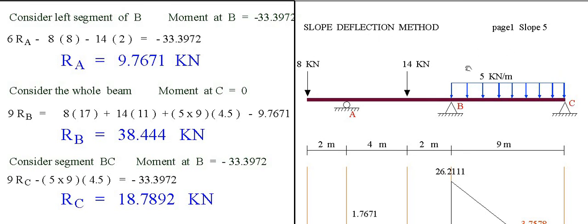So we will solve RB here, moment at C. Then 9RB is equal to this, which is clockwise, this is counterclockwise with respect to C. 8 times 17, 9 and 8 is 17, plus 14 times 11, plus uniform load of 5 by 9 times the distance to the middle, 4.5,